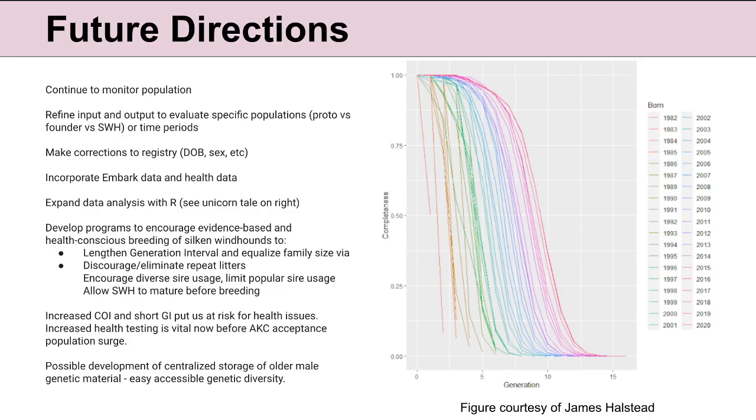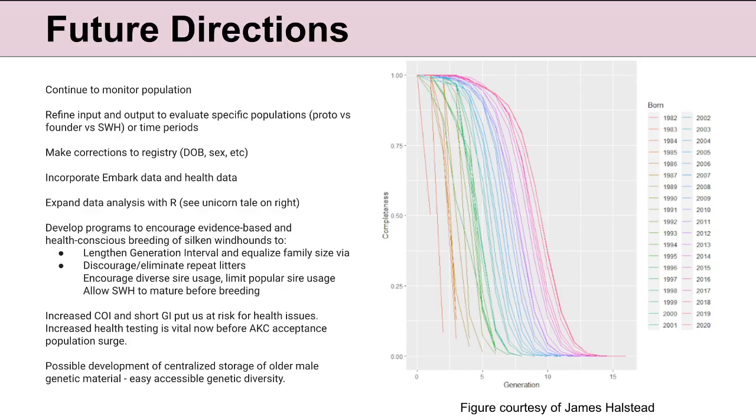Our increased COI and short generation interval put us at risk for health issues. And I think that increased health testing is vital now before an AKC acceptance happens and the associated population surge with it. So if there's anything going on in our breed, it's best to sort it out now before